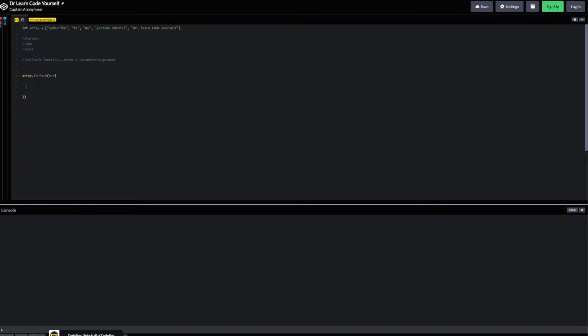I could easily say console.log, and because we're in a forEach method, it knows to do this for each element within the array. That's what I love about it. So console.log, and then we'll say